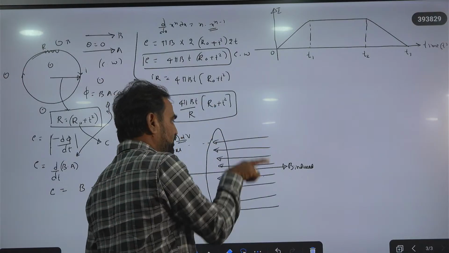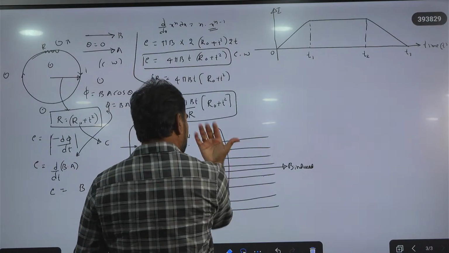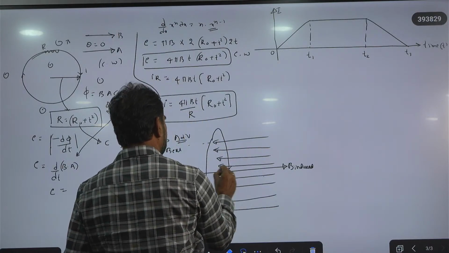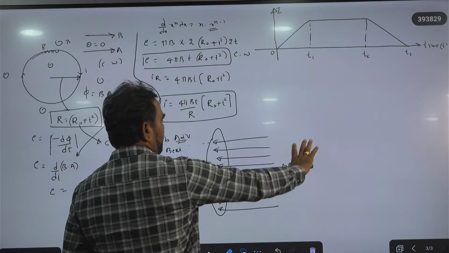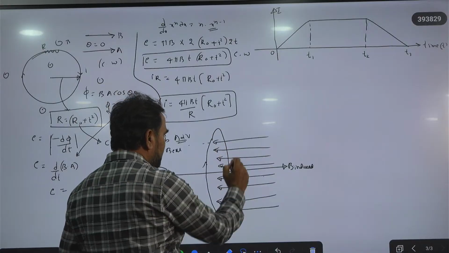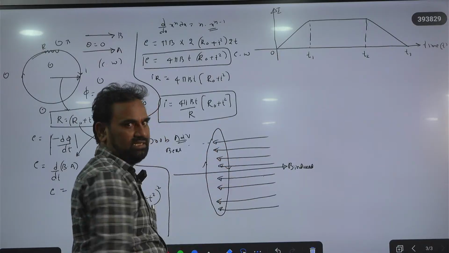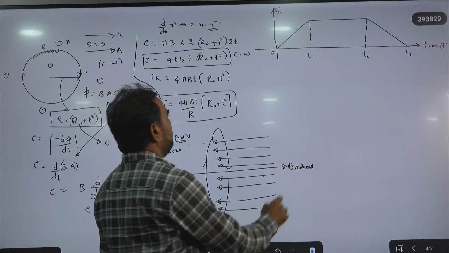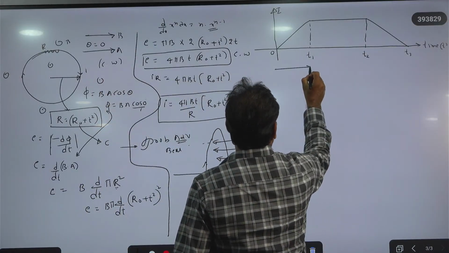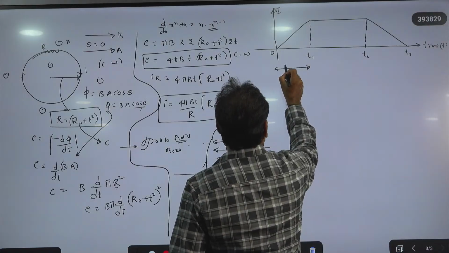Loop ऐसा है बेटा. Current कैसा हो जाता है? Current ऐसा हो जाता है. Anti-clockwise direction है बेटा. First, when a magnet is approaching towards the coil, the direction of the current would be in anti-clockwise direction. Okay, ठीक है. इसमें देखो from 0 to T1 करंट क्या हो जाता है बेटा? 0 to T1 एंटी